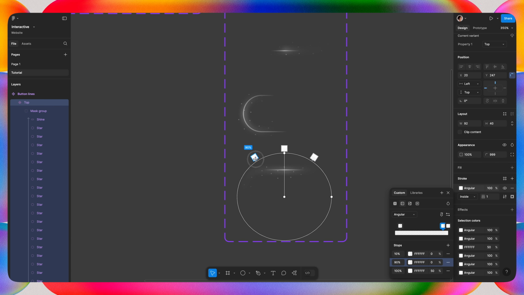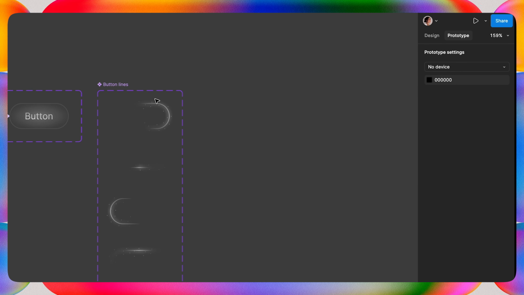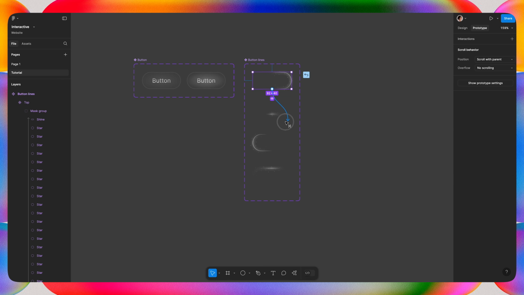Once we have all our sides done, let's go into prototype mode and connect all of them. So we're gonna connect right side to the bottom. After a delay of 1 millisecond, change into bottom. Then we're gonna use Smart Animate with the curve of linear, and let's give it maybe 1400 milliseconds. So I'm gonna connect all of them. Then we're gonna connect to the left side, then to the top, and don't forget to connect top to the right side again. And let's try it out.